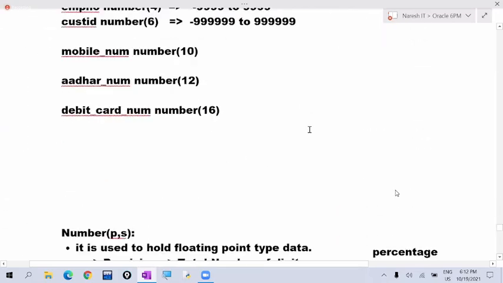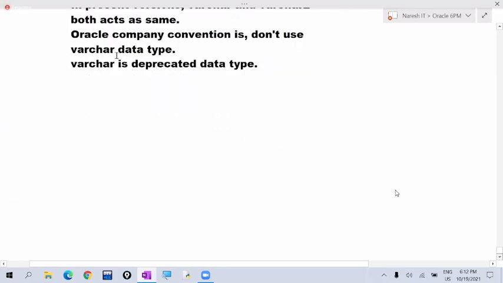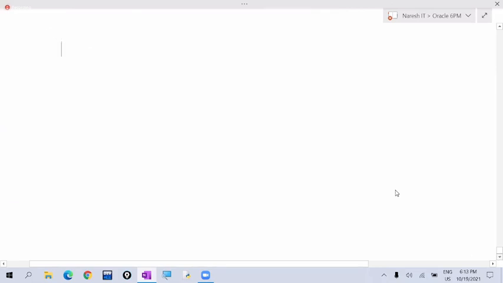I'm continuing with character related data types. See, about character related data types.